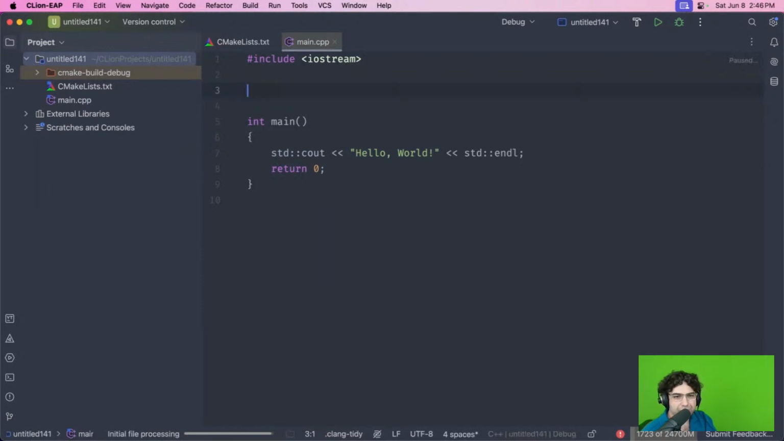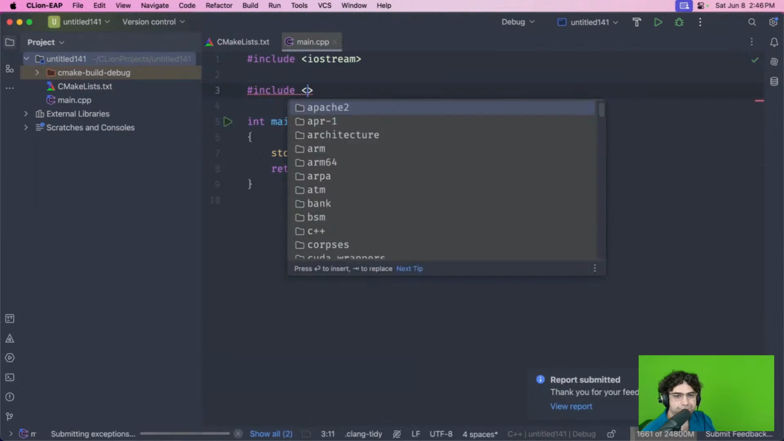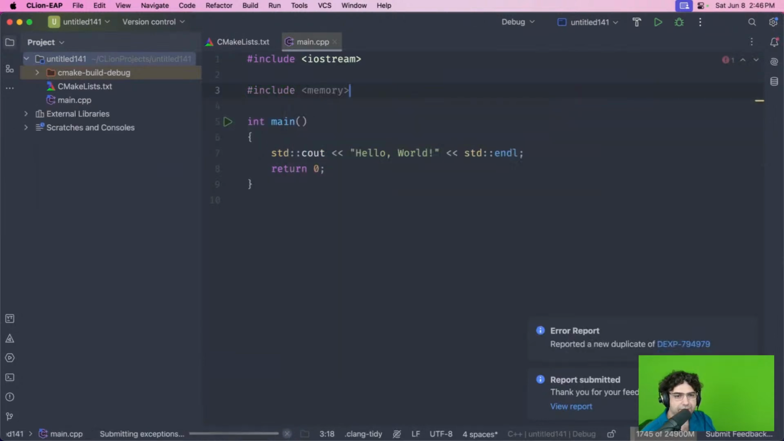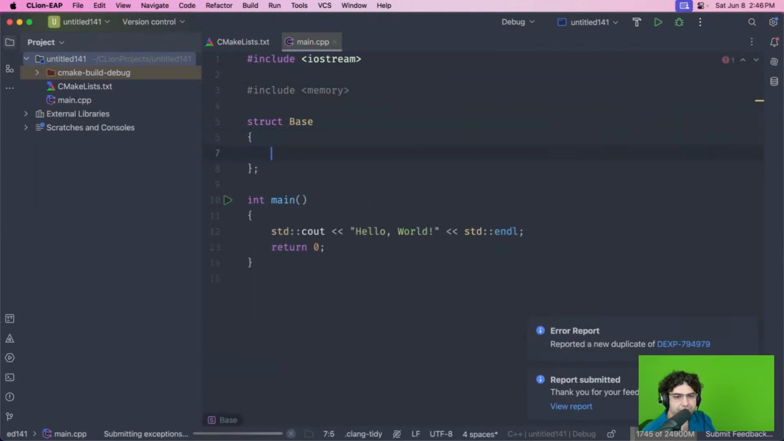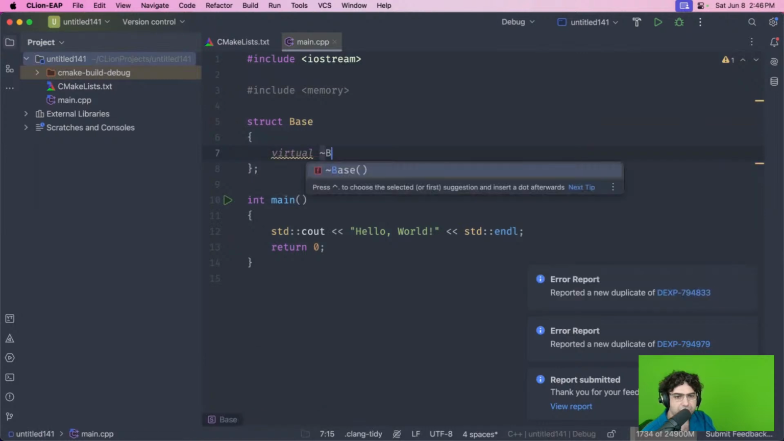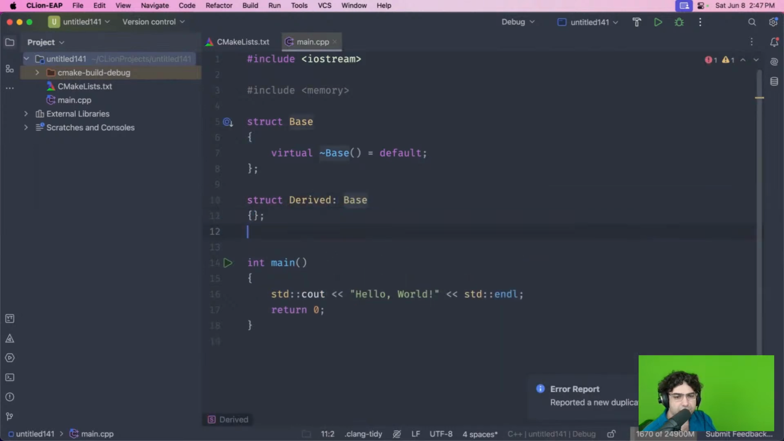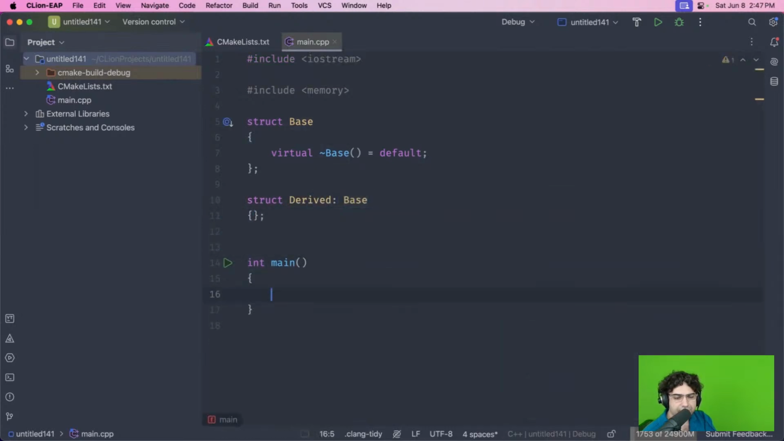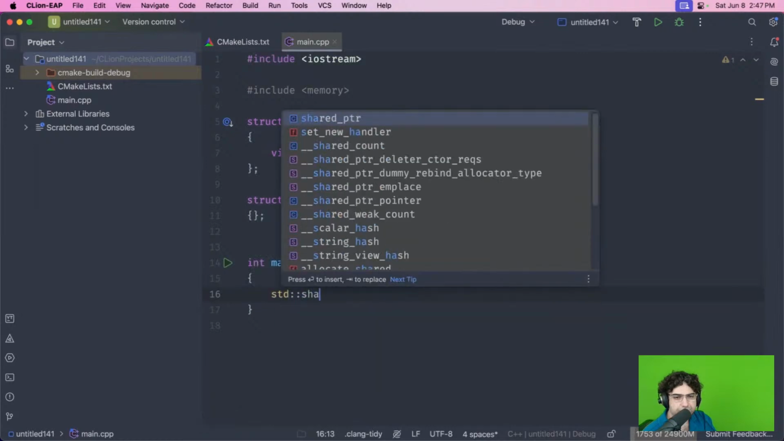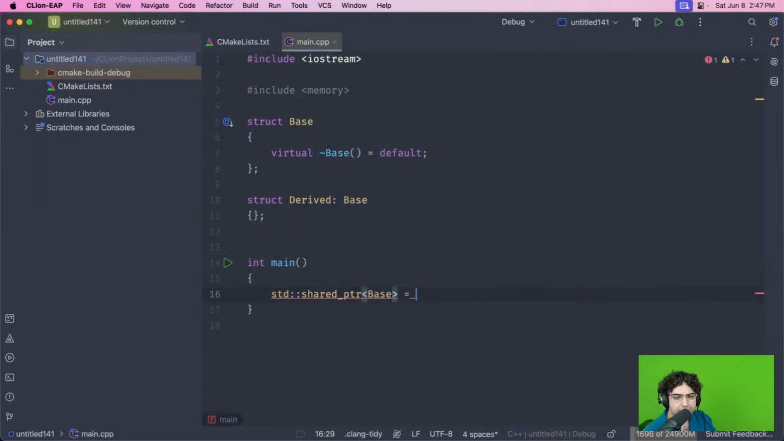Keep thinking maybe I should just build. I should have just built this thing not as a template and later templatized it once I know what I'm doing. Okay, so let's do memory. I think the idea is an abstract base with a virtual base default, and then some struct derived. So I think the idea was that I have something like std::shared_ptr of base b equals make_shared